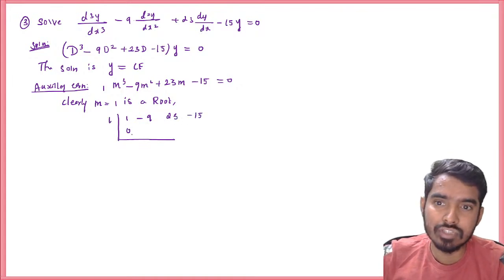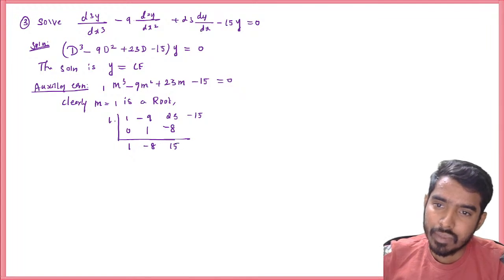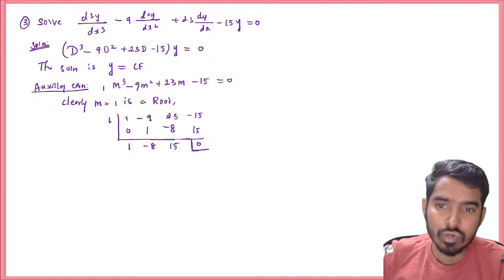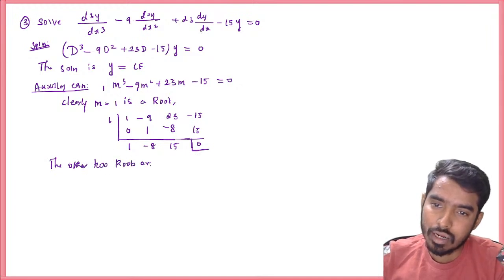You need to put 0 first here. 1 plus 0 is 1. 1 into 1 is 1. You need to add it up here. Minus 9 plus 1 is minus 8. 1 into minus 8 is minus 8. 23 minus 8 is 15. 1 into 15 is 15. This will be 0. You will always get 0 here if this number is a root. That means the other 2 roots are the solutions